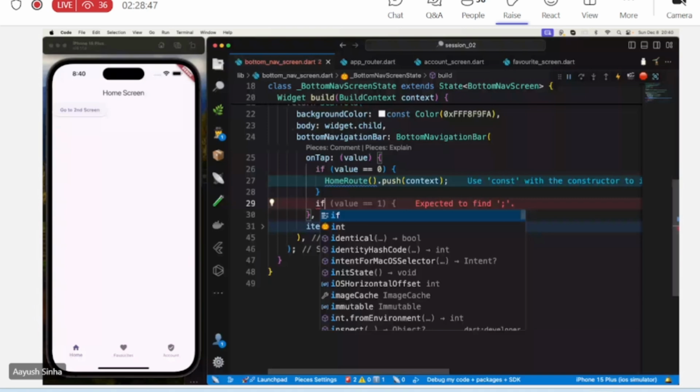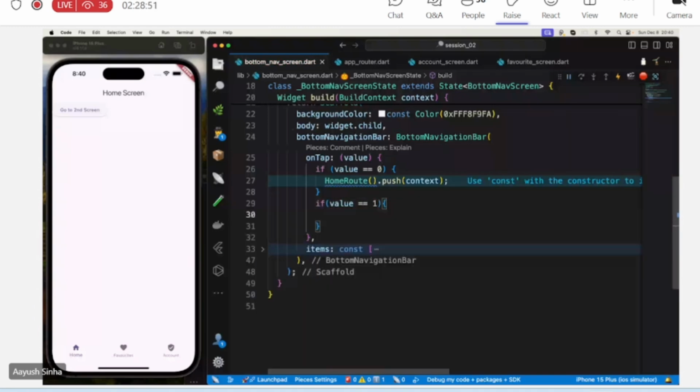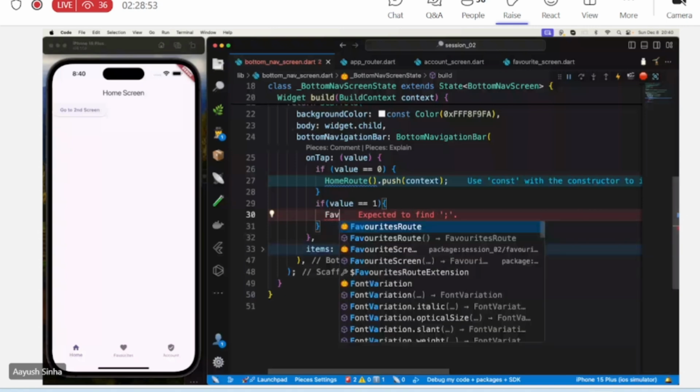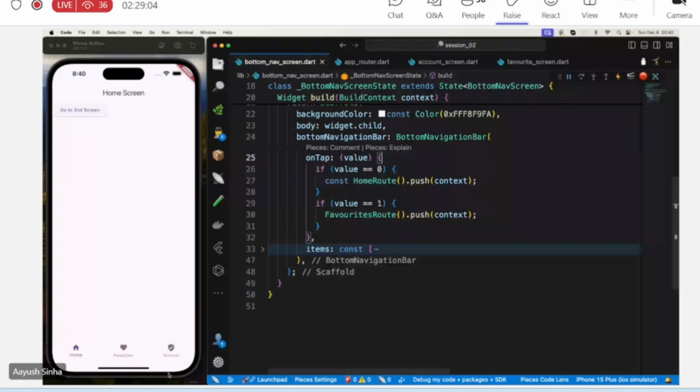If value equals to 1, then I want to go to the favorites route dot push. Let us check the implementation first, then we will implement also for the account. So actually it has gone to the favorite screen, but because I haven't used the safe area there, that's why